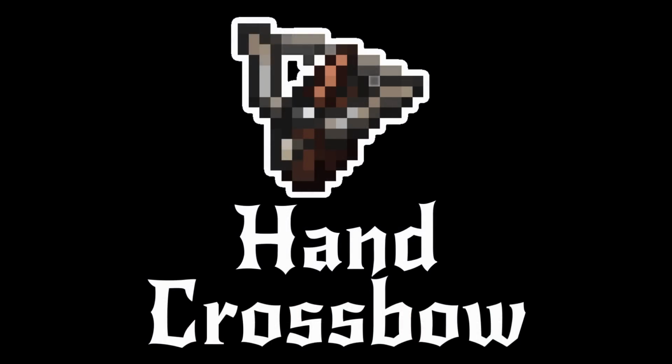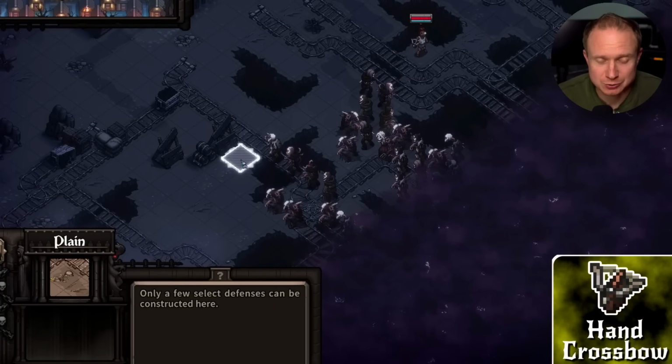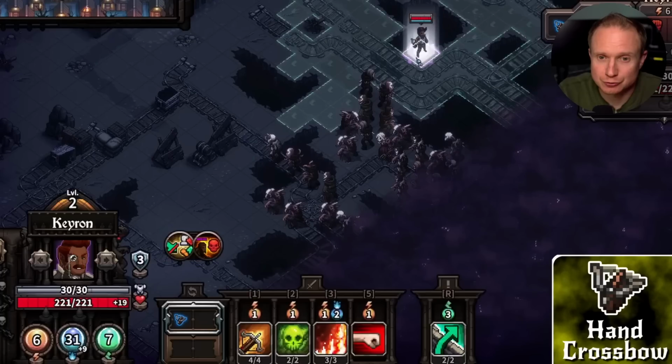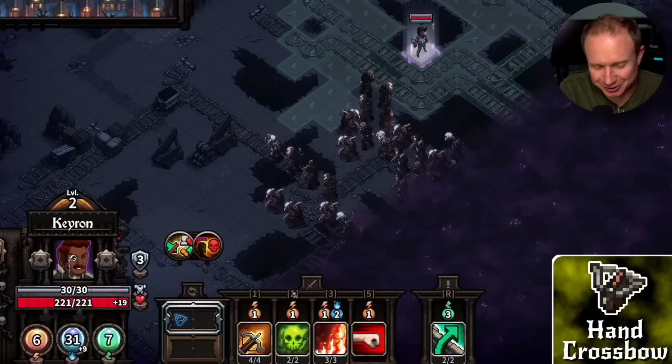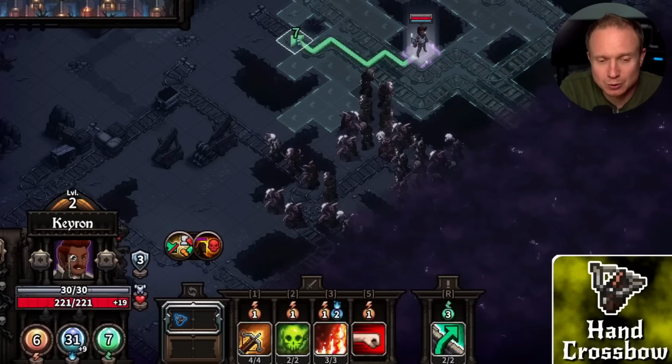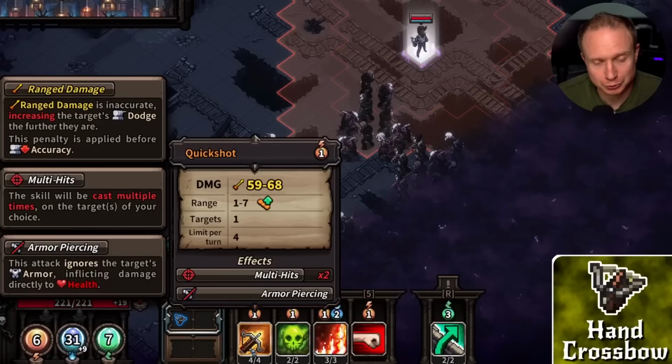And now onto the hand crossbow, a weapon that if you had asked me right after reading the patch notes how it was going to be, I would have assumed that it was nerfed into oblivion. That is not the case. Spoiler alert. So the hand crossbow has always been defined by its first primary attack, which is called Quick Shot,